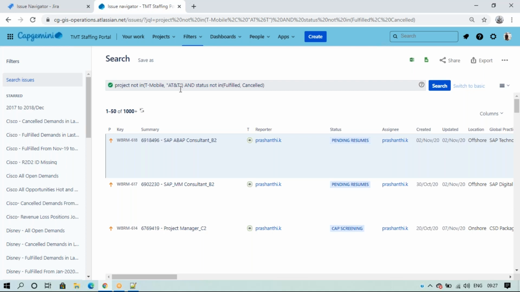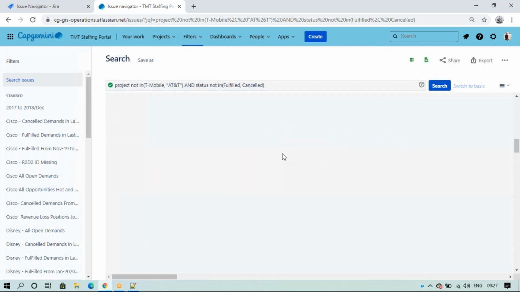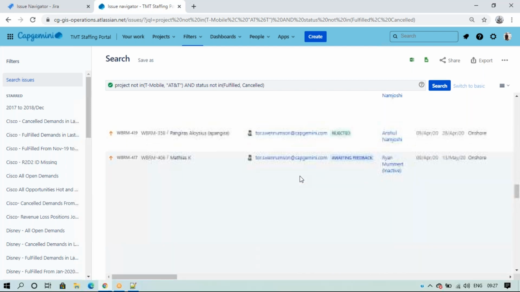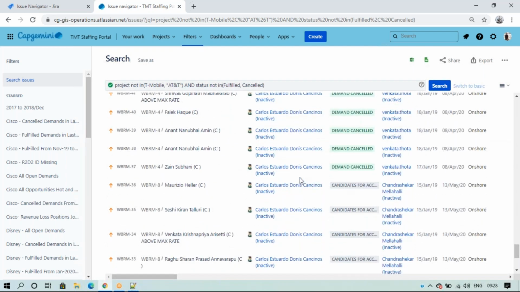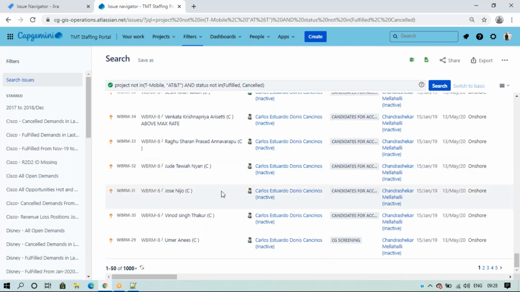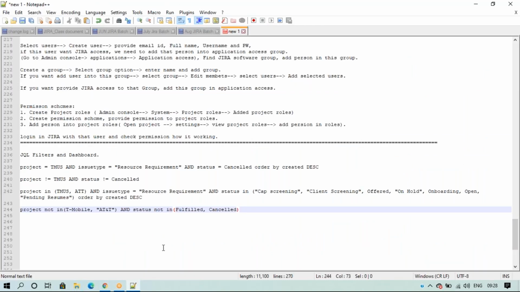When I exclude these two projects, the remaining 78 projects' issues will come, and status is also not in fulfilled and cancelled. So except cancelled and fulfilled, all the remaining will come. You cannot see those two projects and these two statuses. Like this we can write it. I'll just copy this status in or not in or something, so we can write it. Okay, clear?